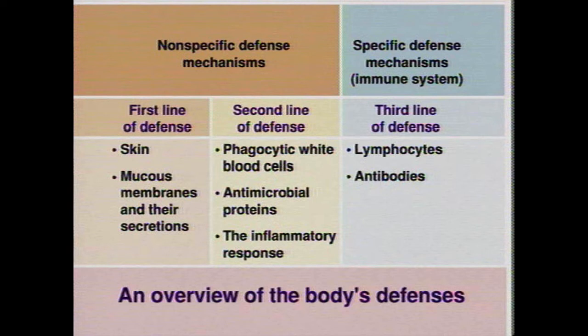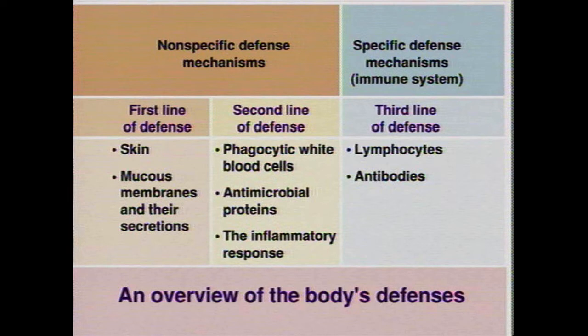The big difference here is that the nonspecific immune response, sometimes referred to as innate immunity, is built-in stuff, and it doesn't really matter what the invader is, the response is the same. That's kind of the key. So our first and second line of defense fall under the nonspecific mechanisms. Your first line of defense, of course, is your skin, which provides a barrier and separates what's outside of you from you, and